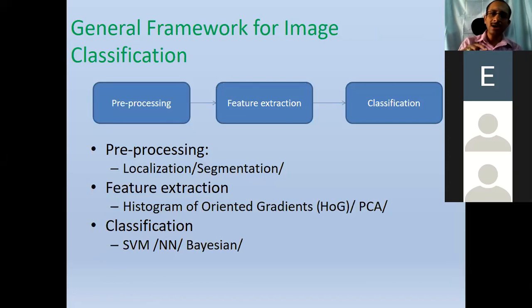So not just the location of edges, but the angle of edges, or dominant angles of edges, also makes very good features. And these features, we will see, are invariant to intensity variations, invariant to a little bit of deformations, shifts, and so on. We will see that later.